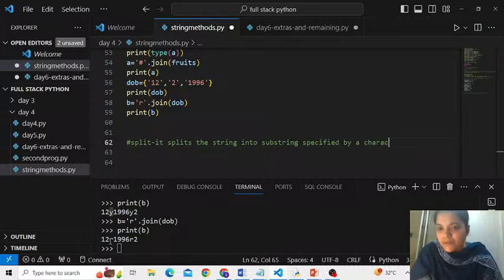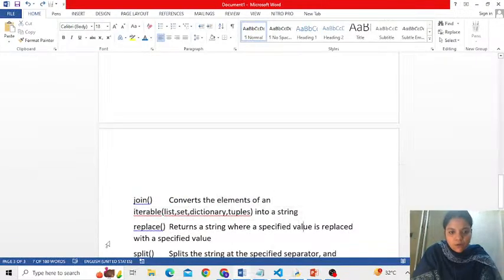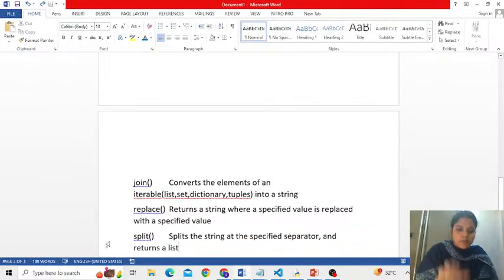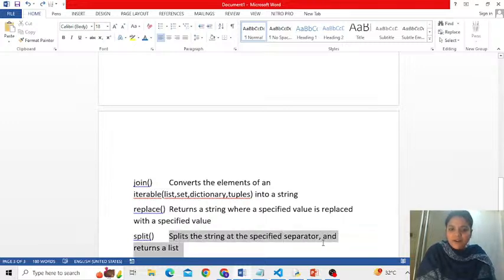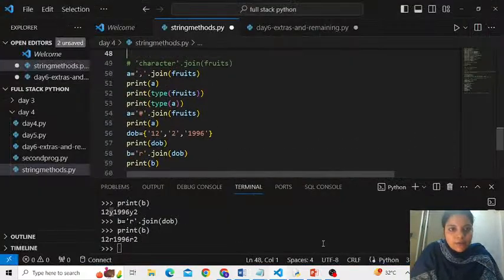I'm writing a character. Now this is the formal definition of how many experts write about split: it splits the string at the specified separator and returns a list. It returns a list. So have a look.